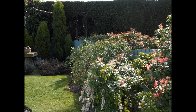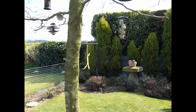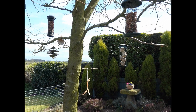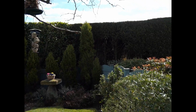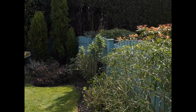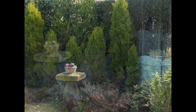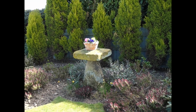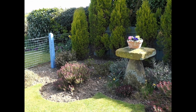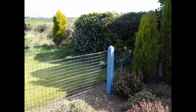Here is a tour of my garden. Walking slowly around, we are passing the bird feeding station, which gives me a great deal of pleasure. And as we progress down, we're going to hit the flower bed. We have now reached the bottom flower bed created by me, and we will pan round and show you the